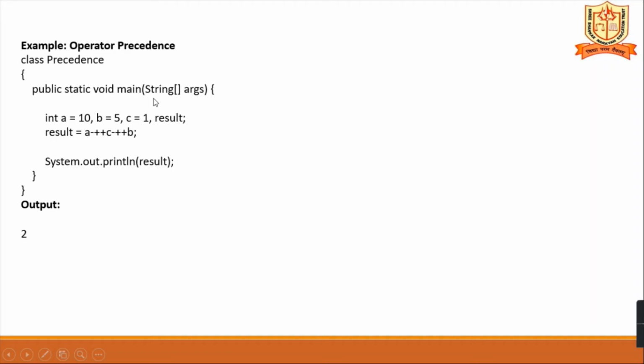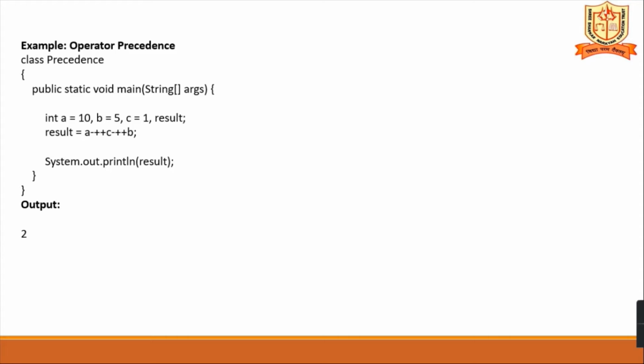Class Precedence, public static void main, String args, int a equal to 10, b equal to 5, c equal to 1, and result is a variable. Then result equal to a minus ++b minus c. What is the value of a? 10. That means 10 minus b, which is 5, that means ++, that is prefix, then 6.